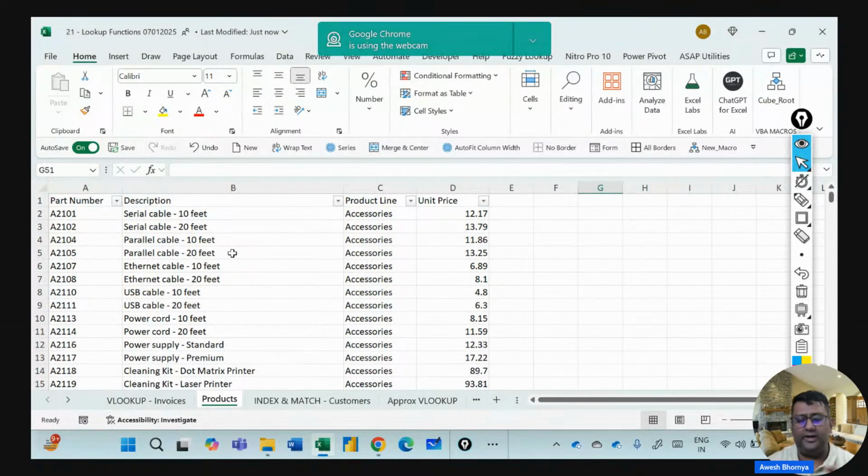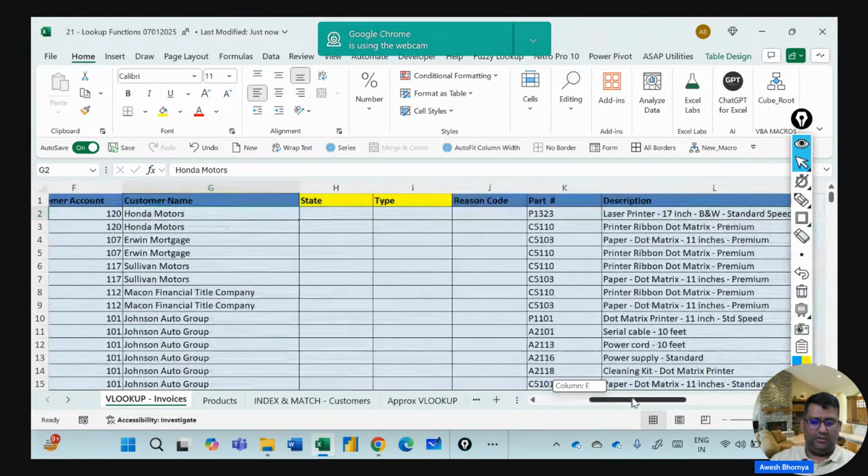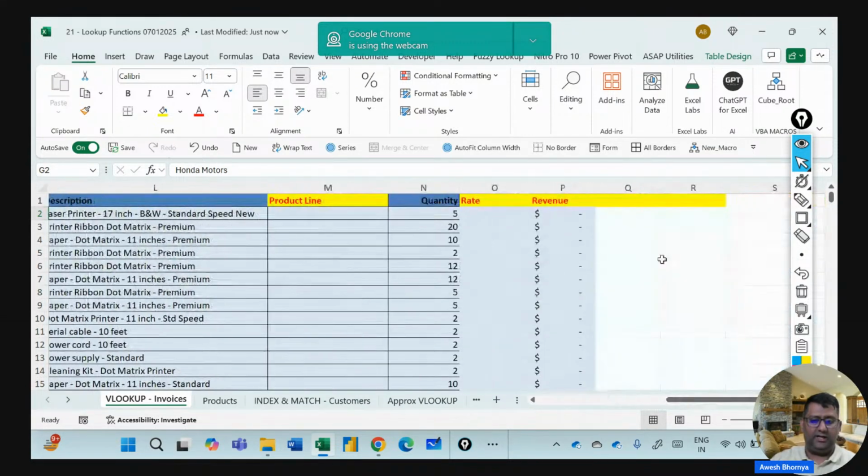Now, before I move ahead, let's first understand the objective of this particular exercise. What we need to do is get the data from another table because we need to perform the revenue calculation. Here you can see that the rate of each of the products is missing. Until I get the rate, I will not get